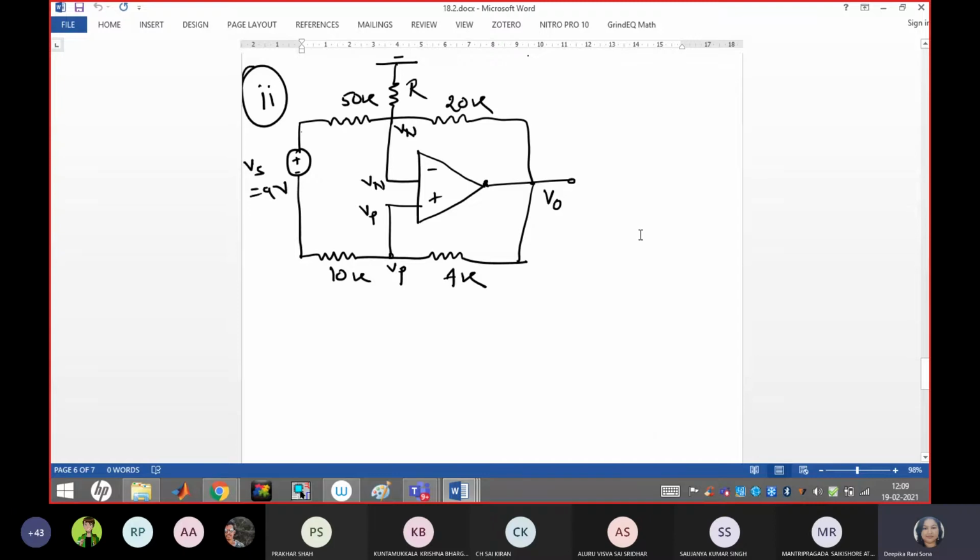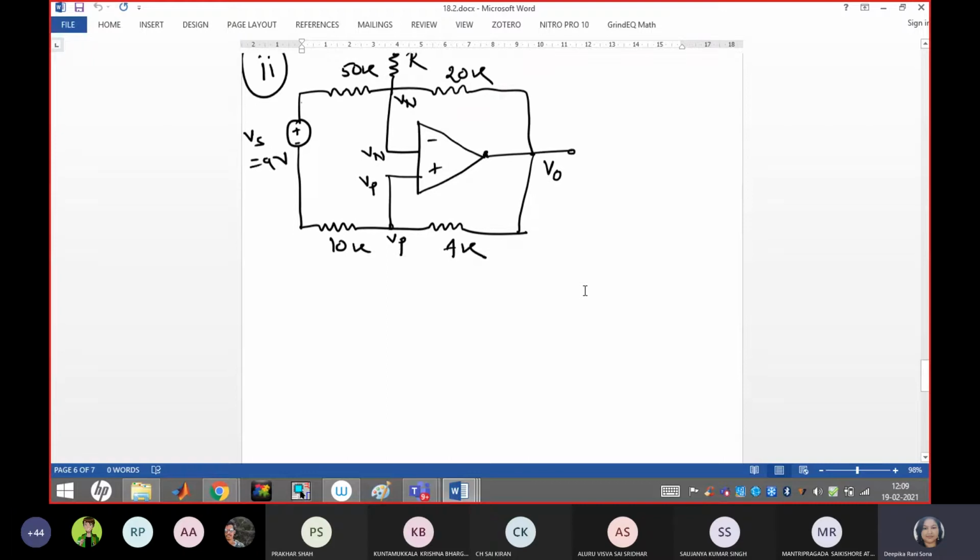Guys, for voltage, will you say that? What is the unit of voltage and current? You have to always tell one value. If you are calculating, don't simply write numericals. You have to represent the answers with the units. So those who raised the hands, whether you all got the answer as 100 by 9 kilo ohm? Yes, ma'am. Very good. Thank you guys. At least you are listening and following.